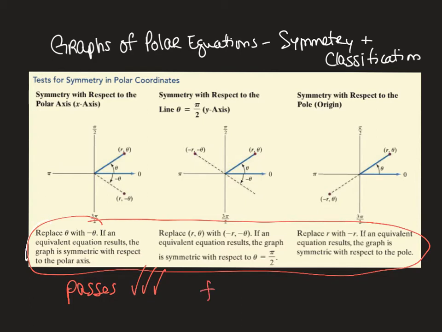But if it fails your algebraic test, that doesn't necessarily equal not symmetric. That's the problem. You can do the algebraic test and it can fail, but it could still